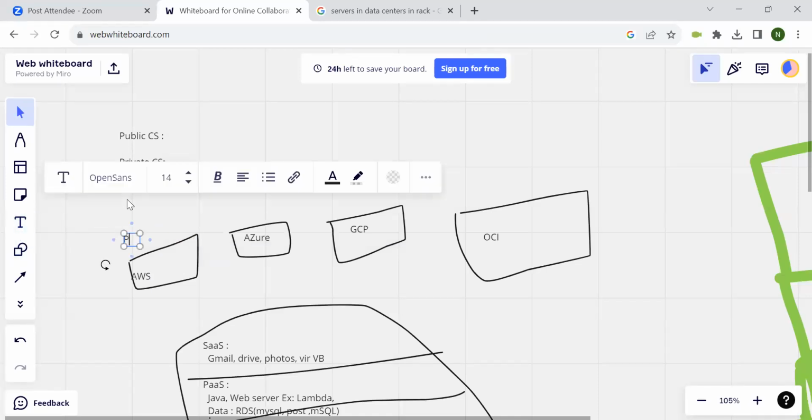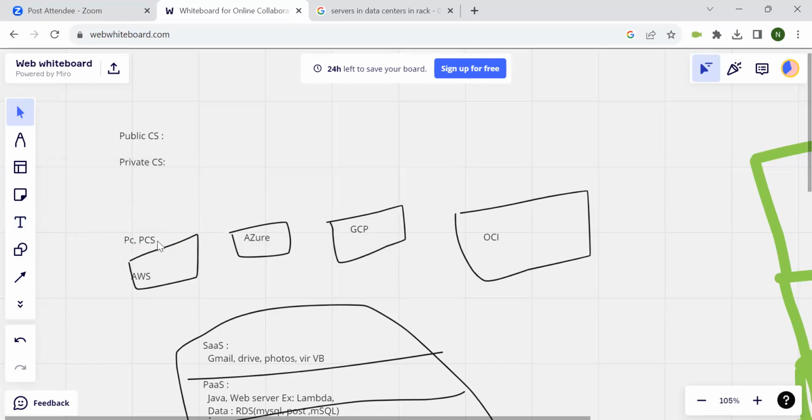AWS is a public cloud. They are offering public cloud services and private cloud services. What it means is, if you open your AWS account, you would see a list of regions, but there are some specific regions which are available only for private usage, especially for organizations like top secret agencies or banking services, or whoever wants to be isolated from the public. They would be using other private clouds.